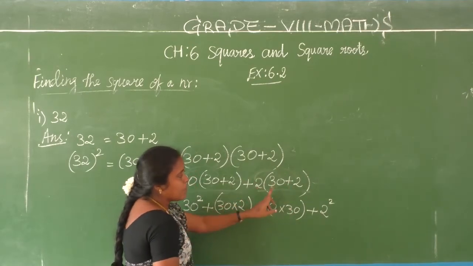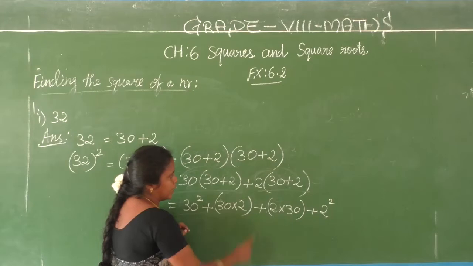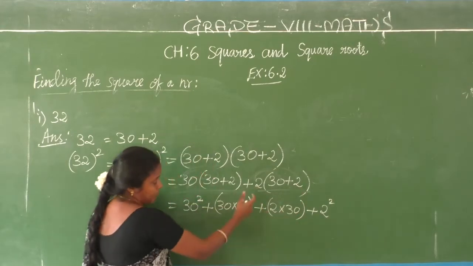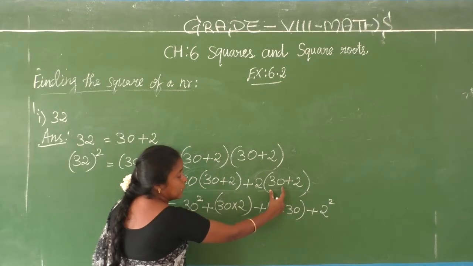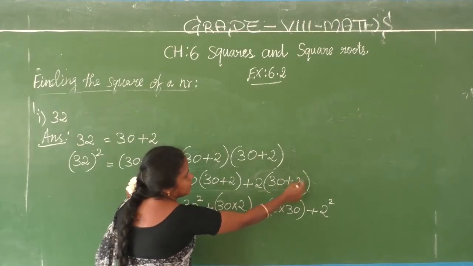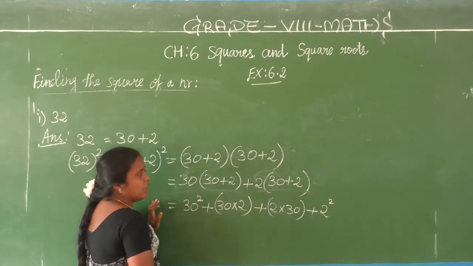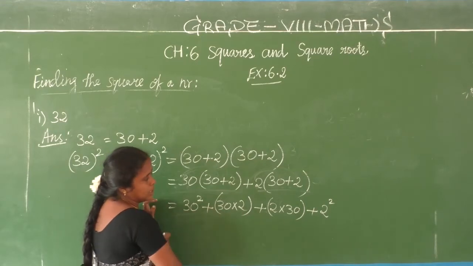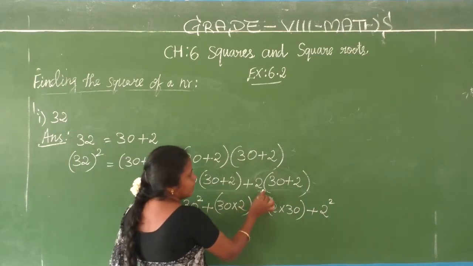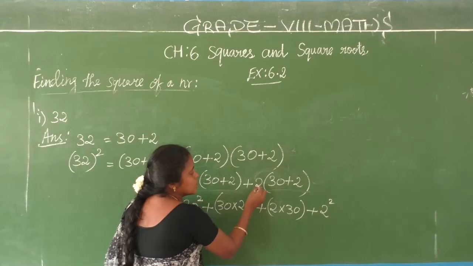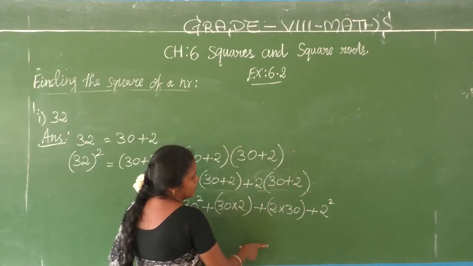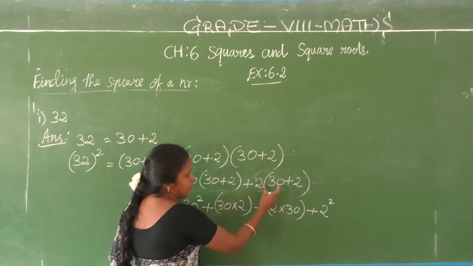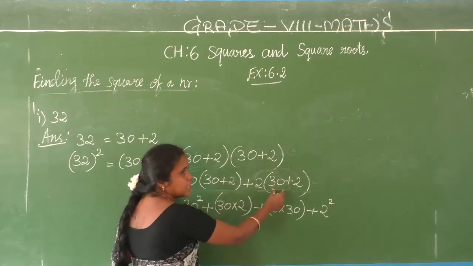This 2 is common for both inside numbers. Keep it in mind. Many of you multiply this number only with the first term of the bracket. You never take it for the second term also. That is the mistake you make in this calculation. It should be avoided. What I am going to tell you, children, is that this 2 is common for both, but many of us calculate by taking it to multiply with 30 only, that means the first term.